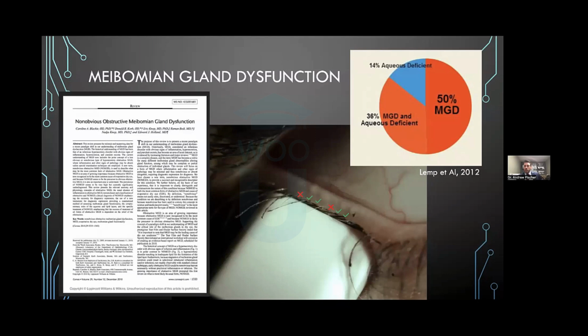But you can't look at the eyelids themselves oftentimes and say this patient has meibomian gland dysfunction. Again, another study by Doctors Blackie and Korb showed that non-obvious meibomian gland dysfunction is incredibly common, which means there are no signs of inflammation. There are no signs that those glands don't work. So you physically have to push on that eyelid and check the function of those glands to determine if they have meibomian gland dysfunction.